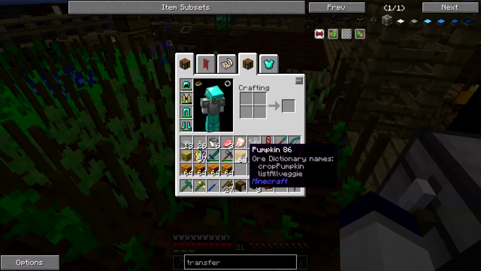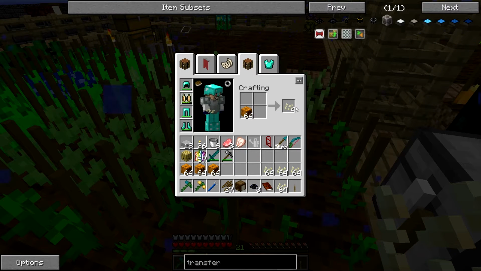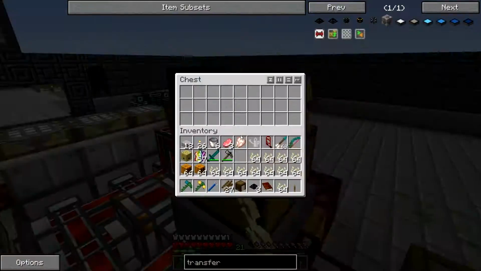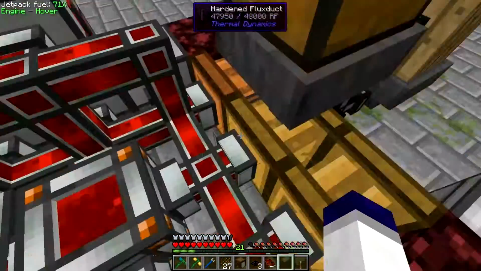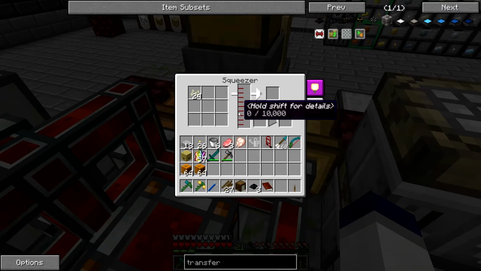pumpkin is a great source of seeds because you get 4 seeds per pumpkin. So it's an excellent source of seeds. And what I want the seeds for is so that I can come over here and plop them in this chest, and all the seeds should go down and into my squeezer, and they'll make seed oil,